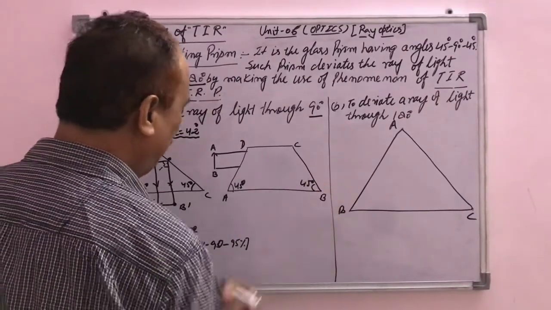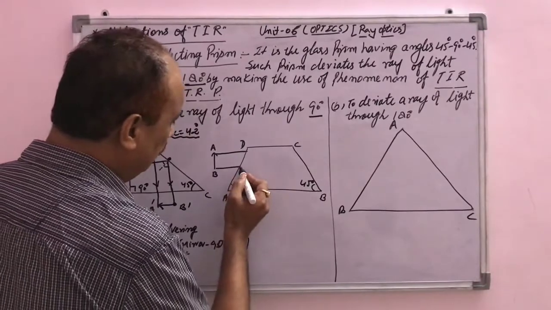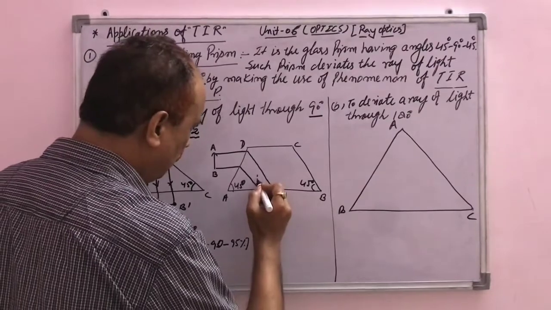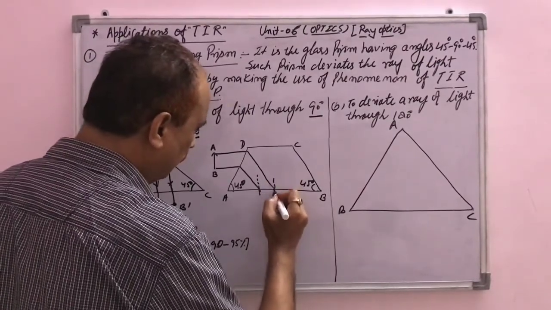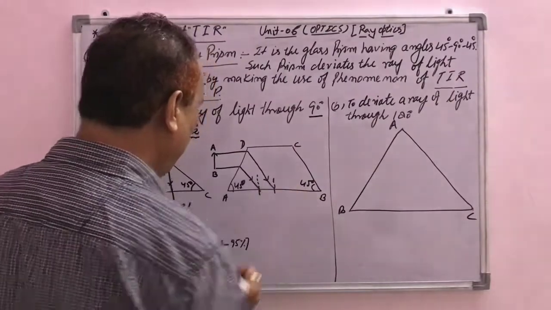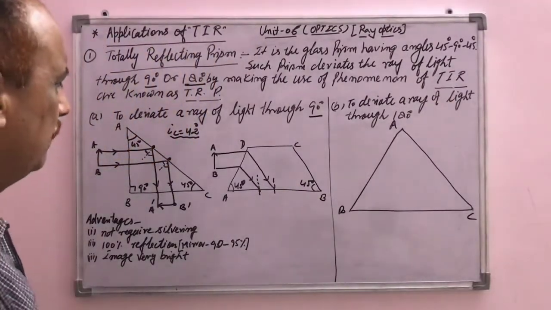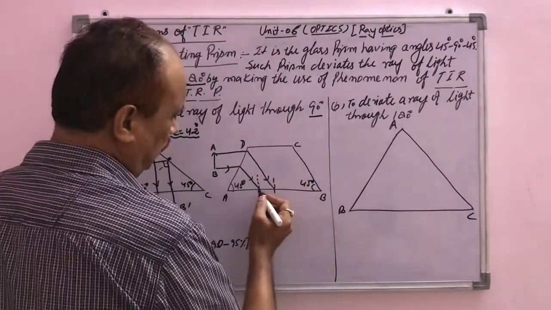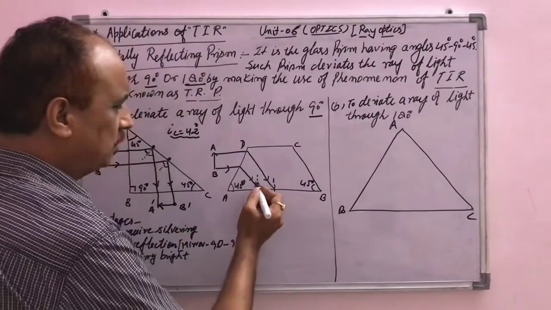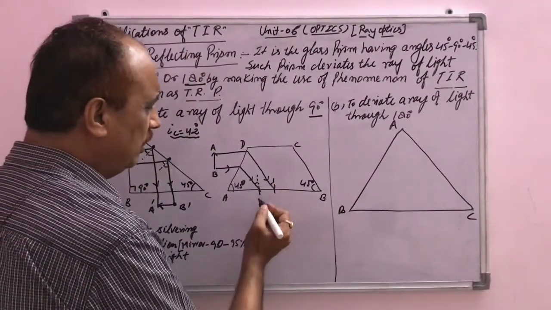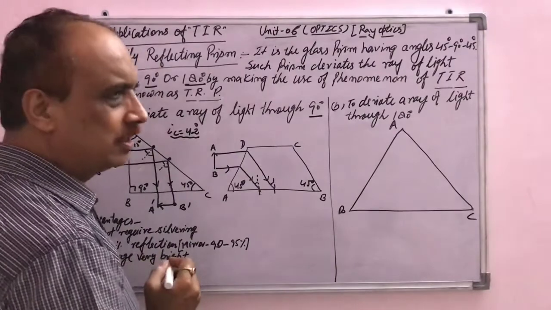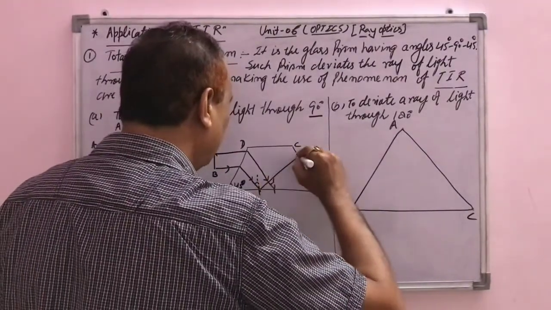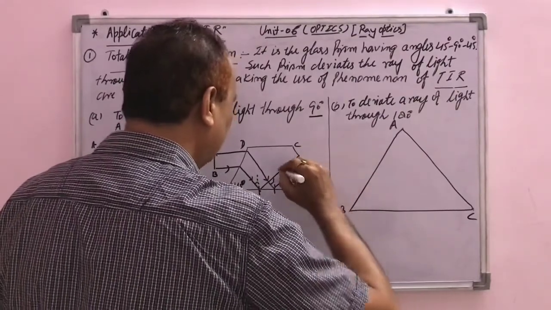Similarly here it is 45 degrees, so the ray is bent like this, and the image will be formed after reflection from the face. It will be incident on the base of the prism AB, and after that the ray is reflected back in the same medium. Again the angle made here is 45 degrees, which is more than the critical angle, that is 42 degrees, so it is reflected back in the same medium like this.